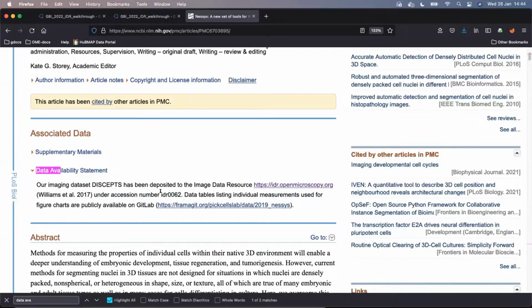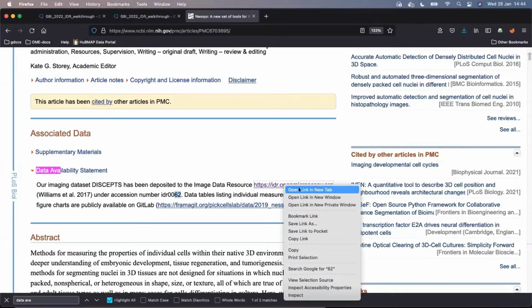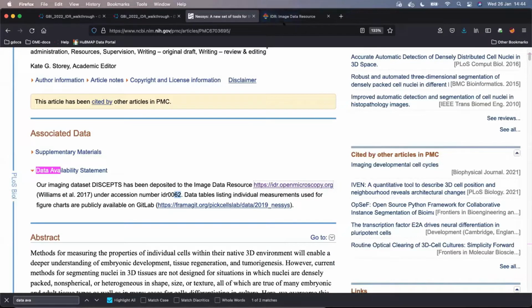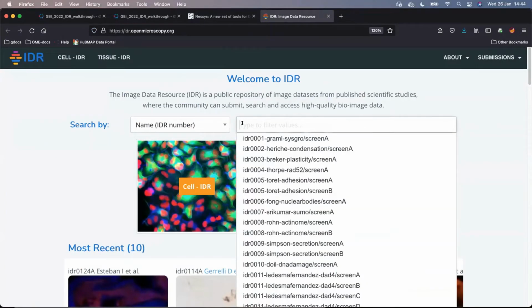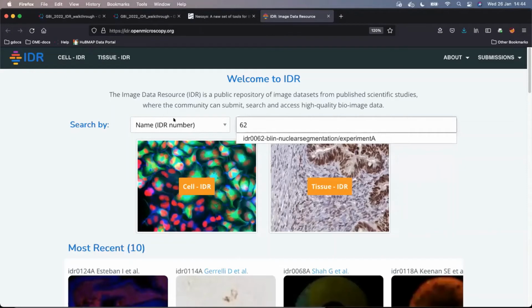Under the accession number IDR 0062, so the 62 is the very important bit here. And if I click on this link, it will lead me to the IDR homepage, which you know by now. And if I go there, and remembering that number 62, which I just took from the data availability section of that publication, I can type it in, leaving the search by box here in peace, meaning taking the default suggestion